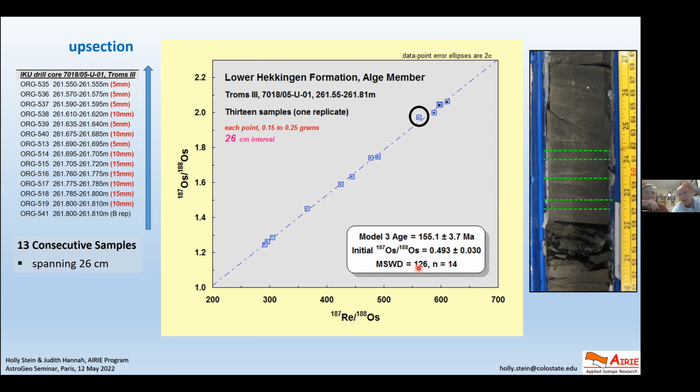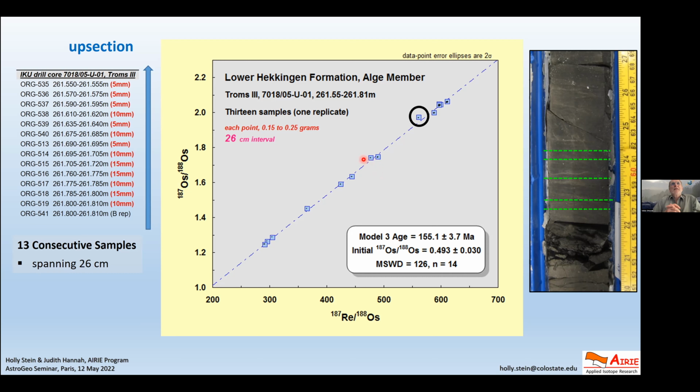1/26 for MSWD. It's way too high. That tells you that these points have real geologic variation from point to point. But you know what, some people blow up the uncertainty on these ellipses unjustly, and then all the ellipses suddenly touch the line. That's why you calculate uncertainty for every point. There's a real uncertainty assignment.